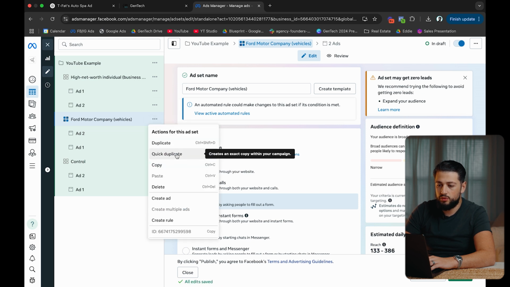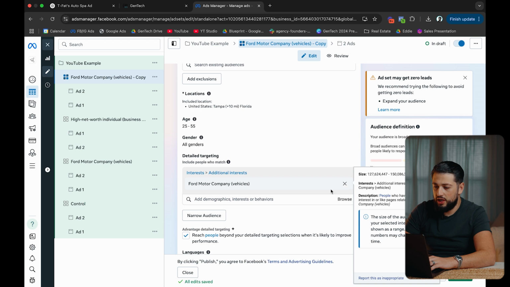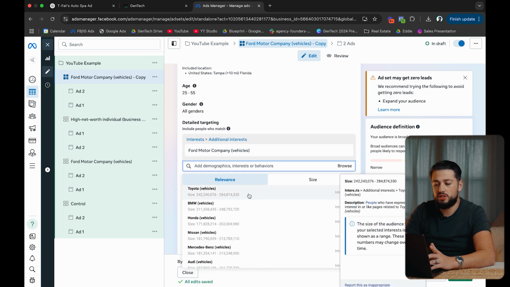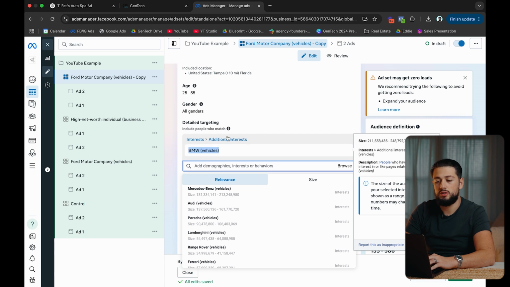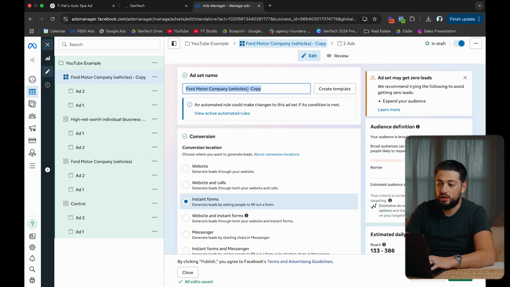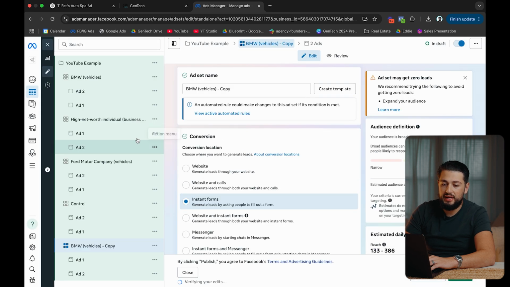The next thing we wanna do is quick duplicate this. We're gonna scroll down, and instead of Ford, we're gonna click here and see some suggestions. So we have BMW, okay? So let's target BMW. Obviously, people that have BMWs really like their cars, so we're gonna select that. We're gonna do quick duplicate, and as you can see, we have 1, 2, 3, 4, and this is the